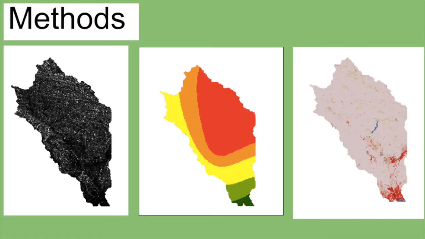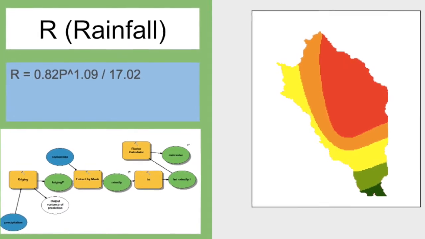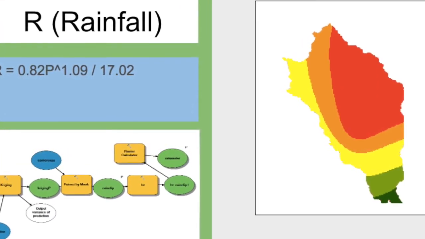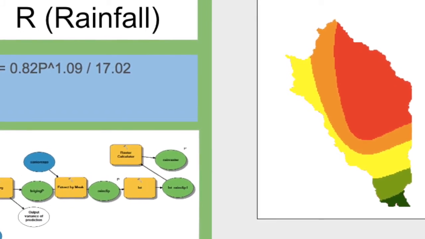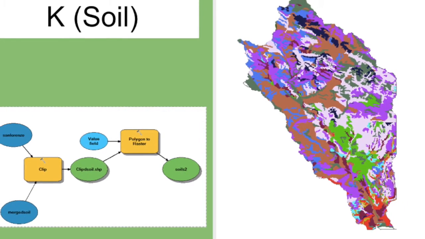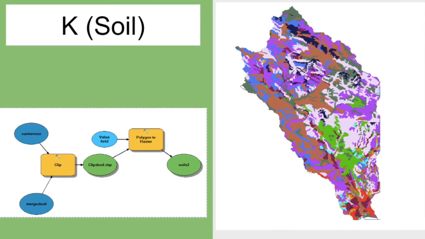To start this project, soil, rainfall, hill slope and length, and land use layers were generated for the Santa Cruz region and clipped to the watershed line. The rainfall variable was created from rainfall estimates for the region, which were then multiplied by a literature-based equation for California rainfall erosivity. Soil survey data was found on the USDA's Web Soil Survey site, symbolized by its erodibility, or K factor, and